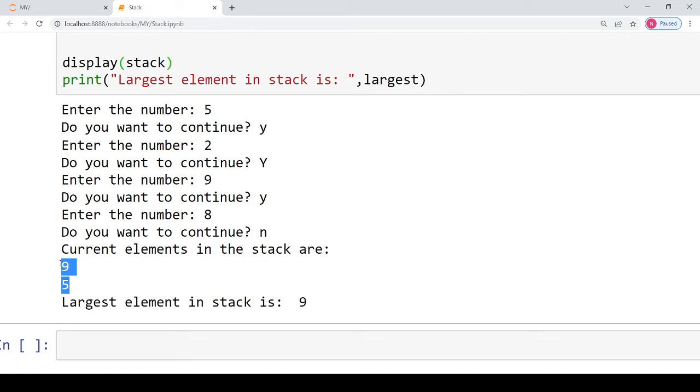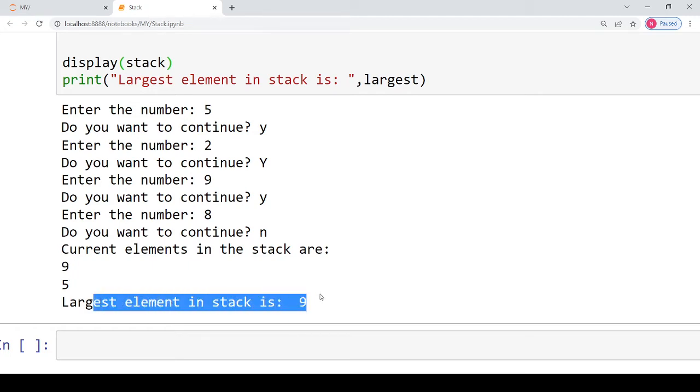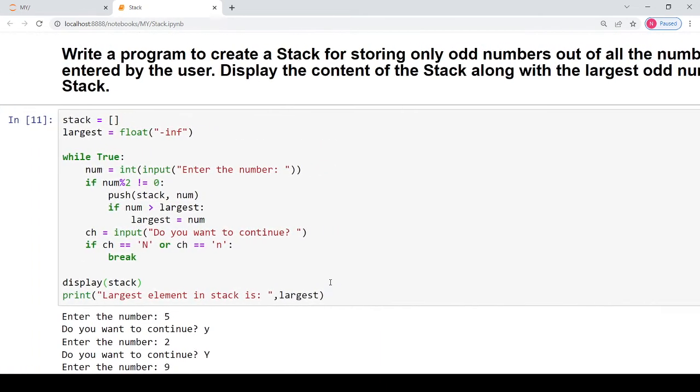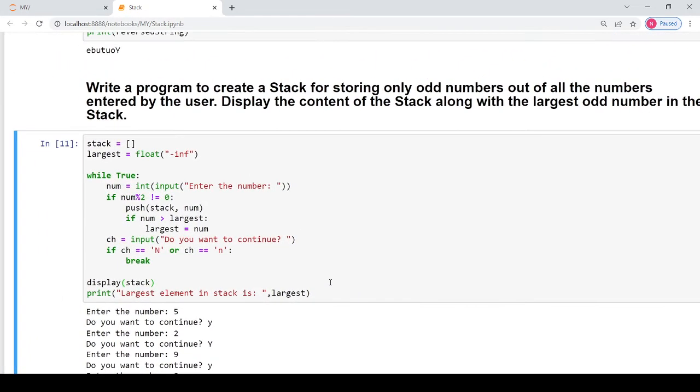Out of them, only the odd numbers have been entered. The first odd number was 5, which is entered first into the stack, so it is displayed at the bottom, and the next odd number was 9, which is entered above this element 5. That means as the second element of the stack, which is 9, and the largest element is 9. Okay, so this is the program that you will be writing for this particular question of your stacks back exercises